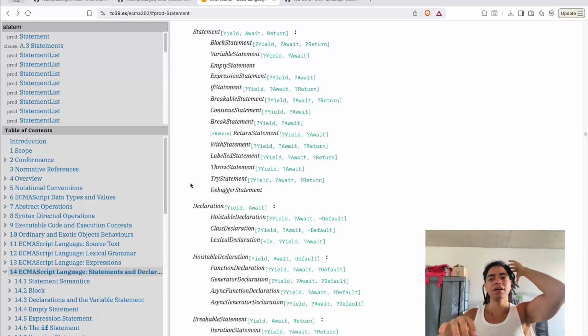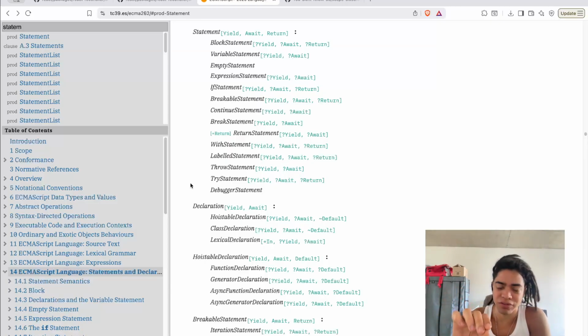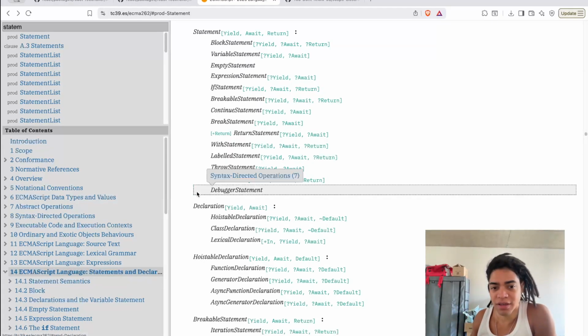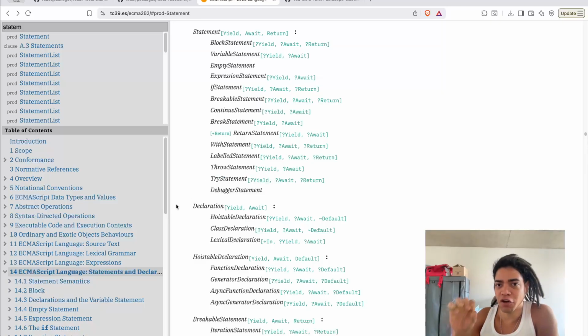So these declarations, for example the functions, are hoistable, okay, what it means is that they're going to put those declarations at the top of the scope, and depending on the declaration,